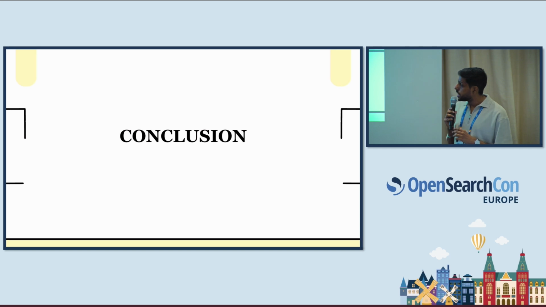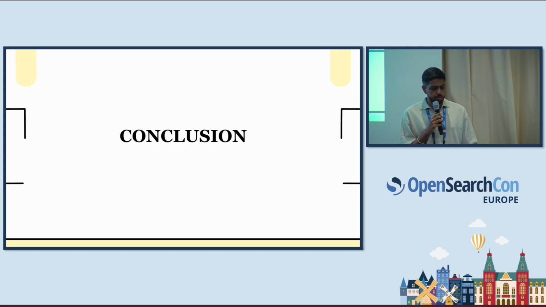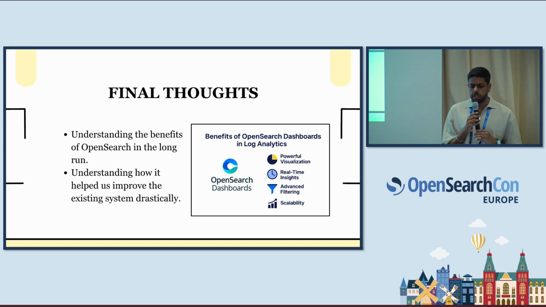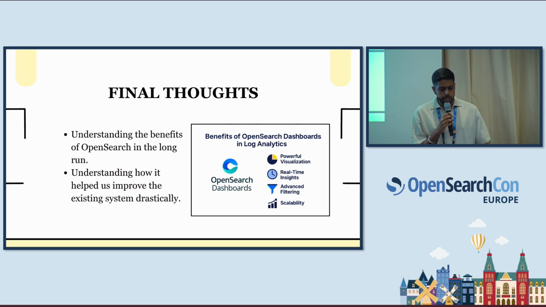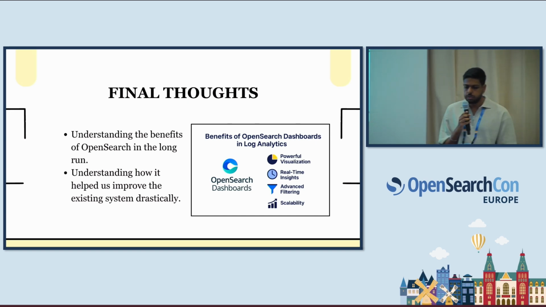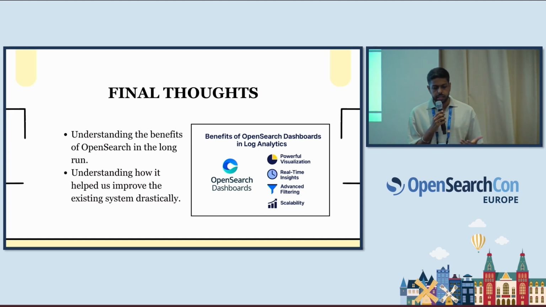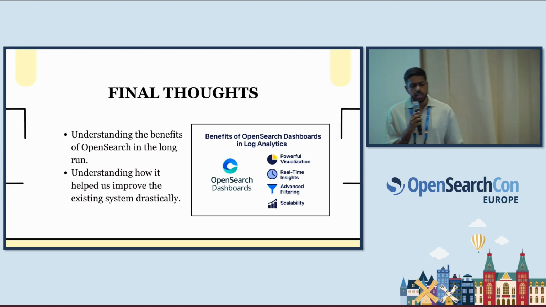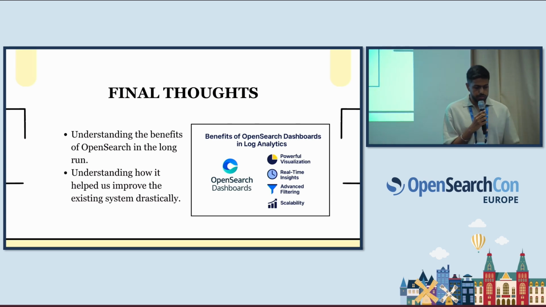So, as we wrap up, here's what we've learned from this journey. Building observability isn't just about collecting data. It's about making sure that that data leads to something. It's about making sure that that data is actionable, consistent, and context-rich. Just having a bunch of logs is not going to cut it, as we saw in the beginning of this